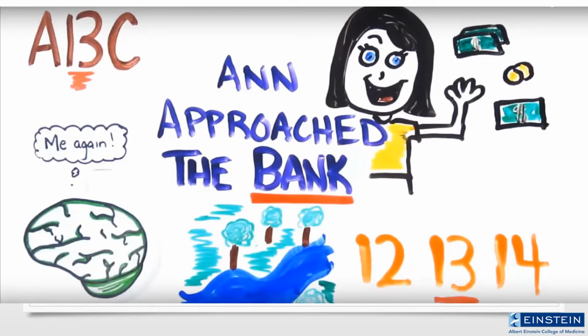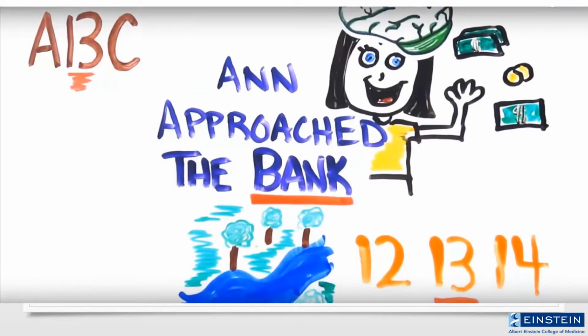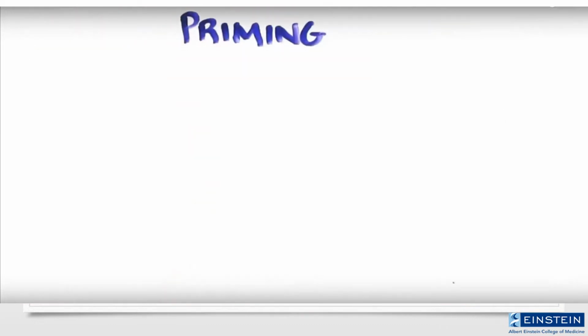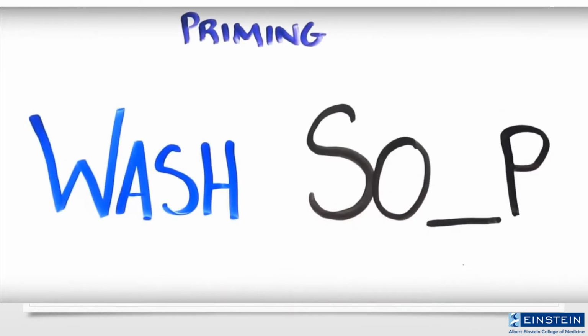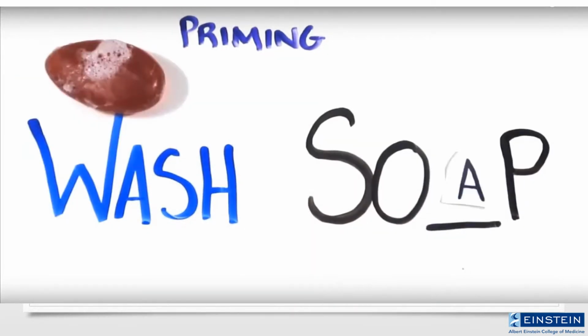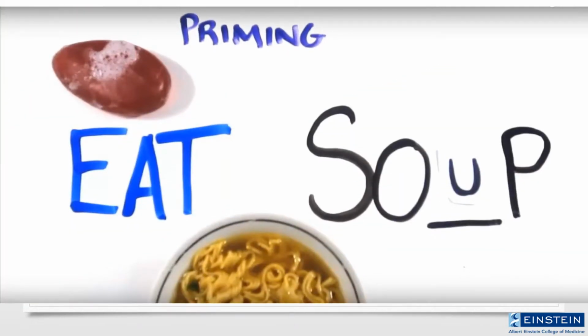Without an explicit context, System 1 quickly generates one based on previous experience. In this case, you've likely visited more banks than rivers, and so the context is resolved accordingly. This ties into a concept called priming. For example, if I said wash, how would you complete this word fragment? Most would see soap, but had I just shown you the word eat, you'd be more likely to see soup. In this way, both eat and wash prime your thoughts.